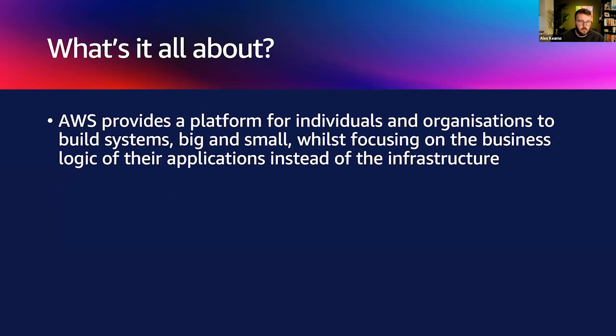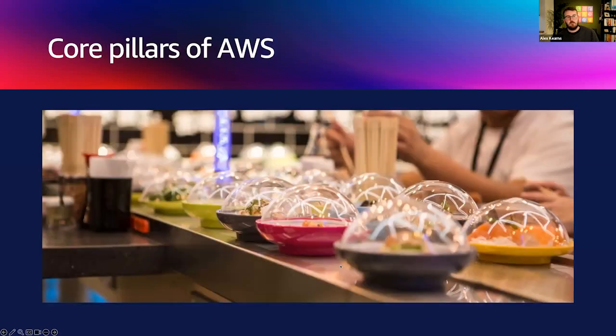So let's skip this one. There's kind of three pillars of AWS that I want to very quickly touch on before we start looking at some code, and before we start writing some things that we can actually deploy into AWS. So this first one, the best analogy I could come up with was Yo Sushi. If you haven't ever been to Yo Sushi,